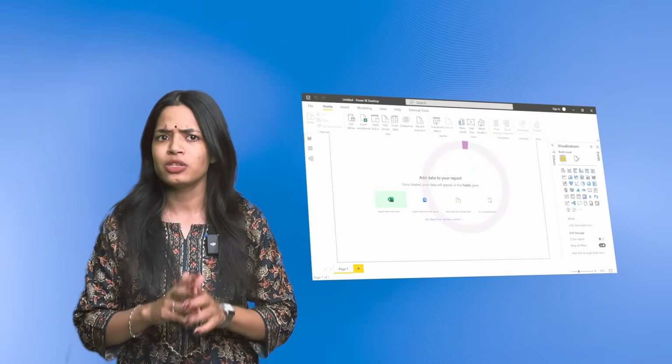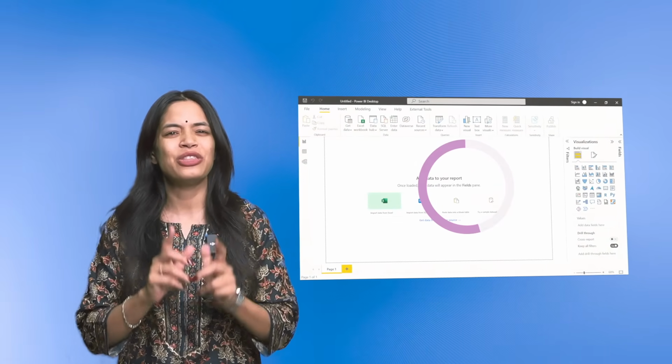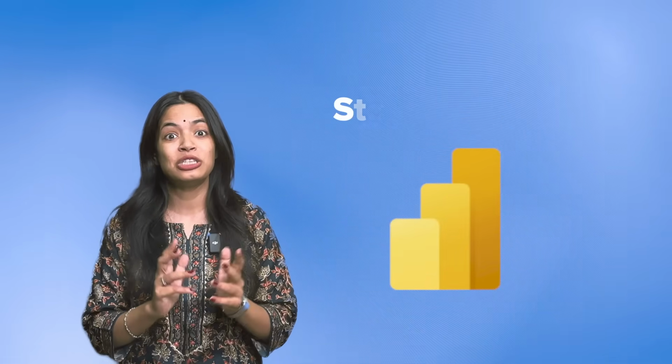Hey everyone, if you have ever opened a Power BI report and thought, why is this one loading so fast while another takes forever, then today's session is going to make things crystal clear. We are going to talk about one of the most important but often confusing parts of Power BI, storage modes. Power BI gives you different ways to connect and manage your data, and how you connect to your data has a huge impact on speed, performance, and freshness of your reports.